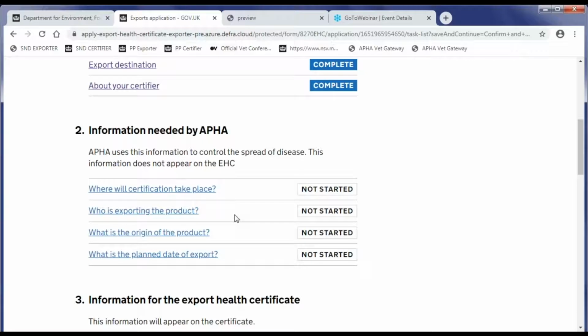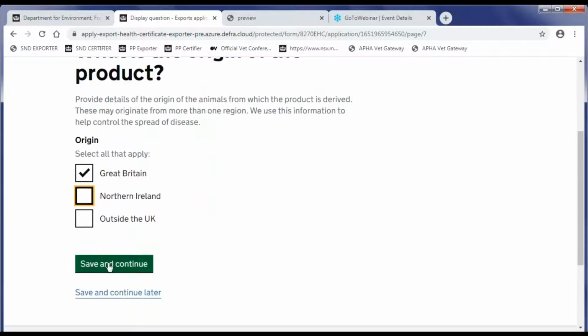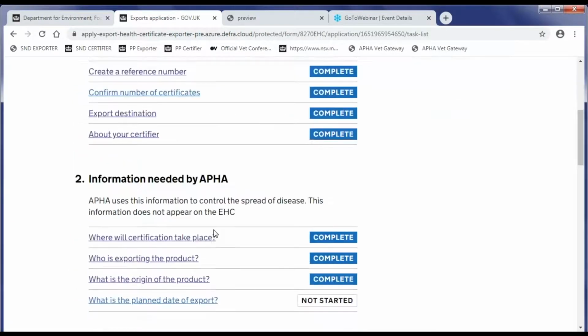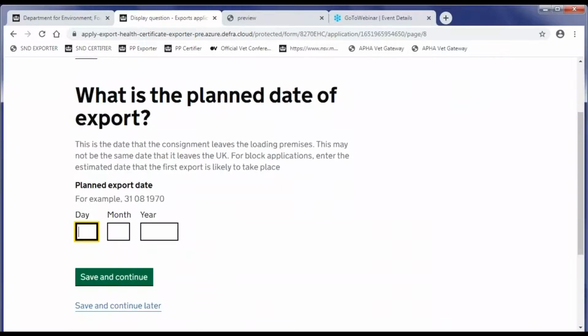Origin of the product, so select as many as apply. You can pick more than one if you want to. We're just going to say GB for this application. And then it's going to ask us for the planned date of export. Now,